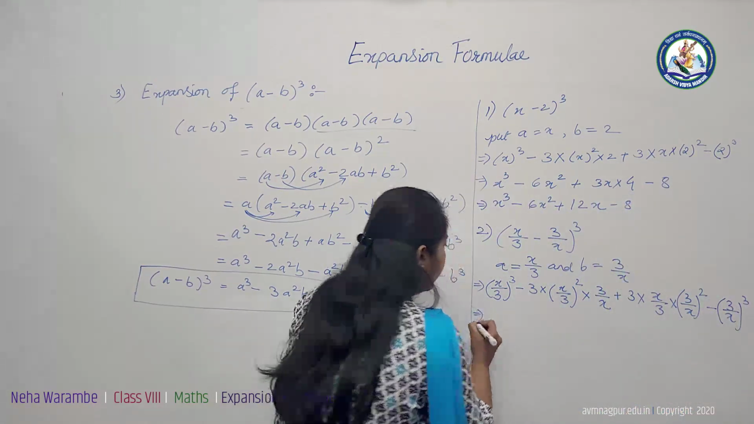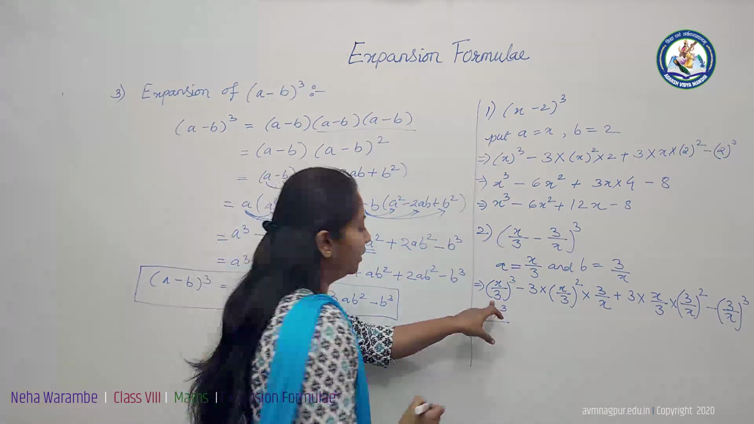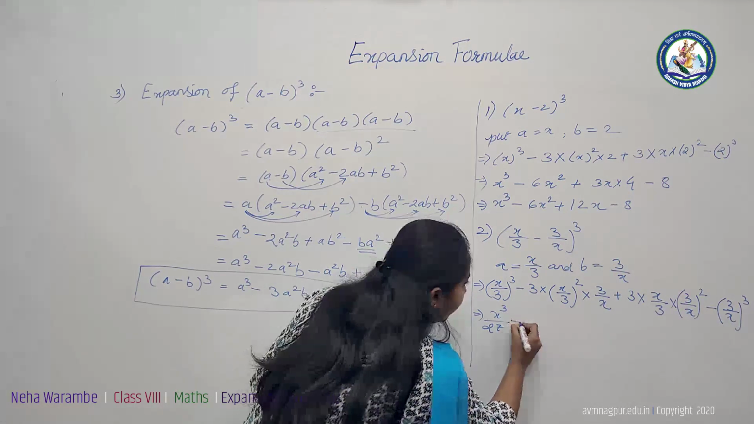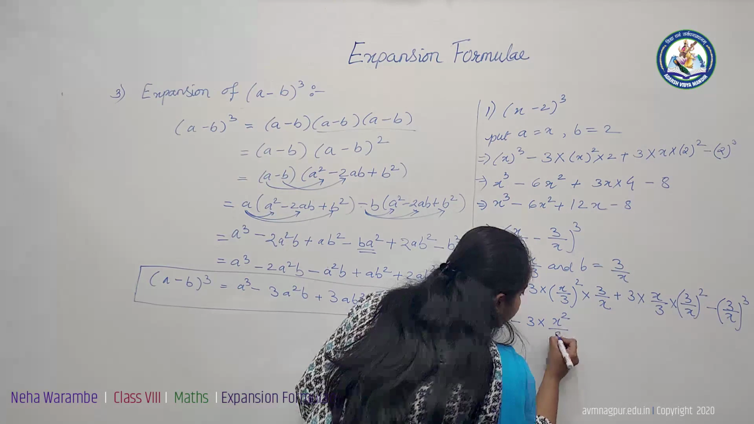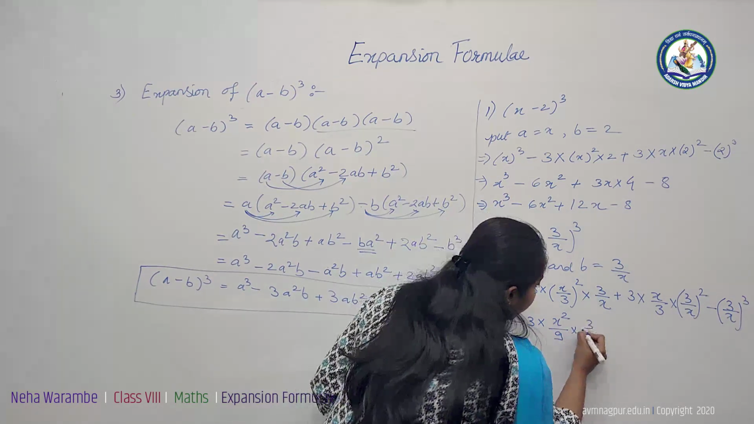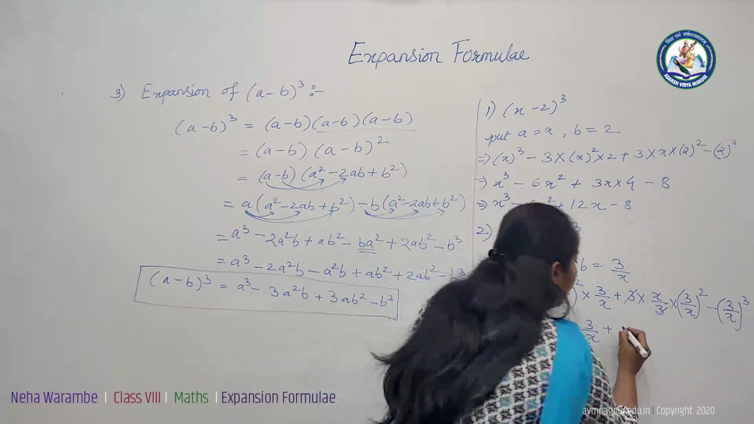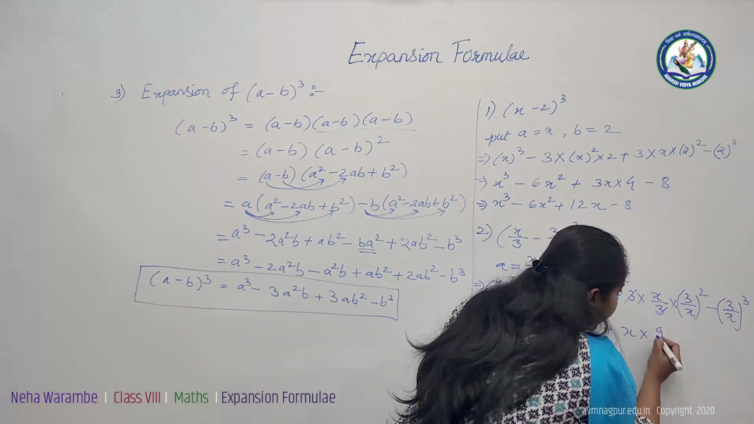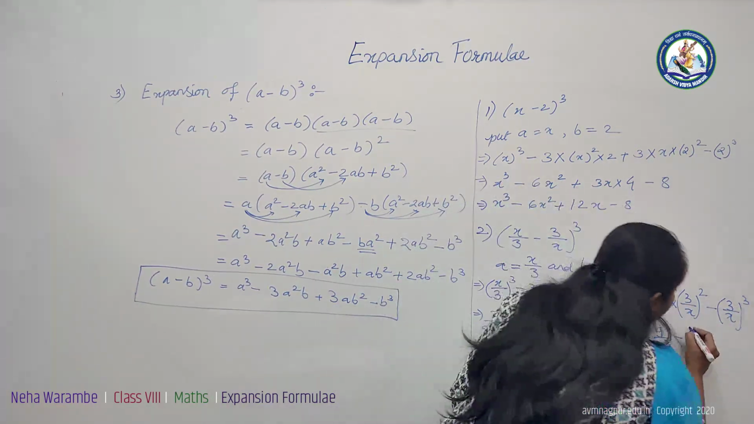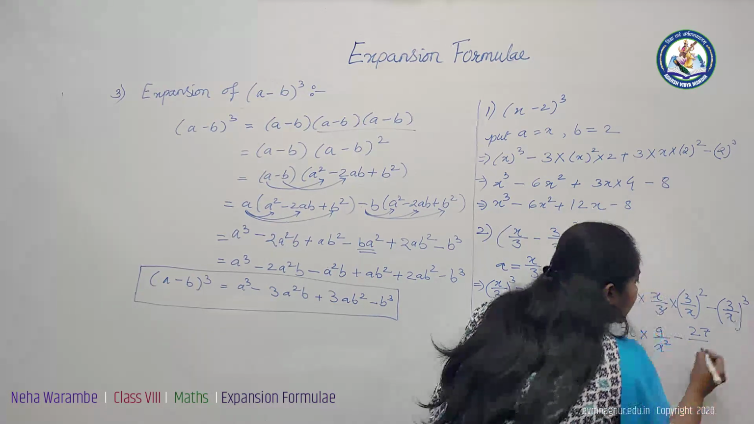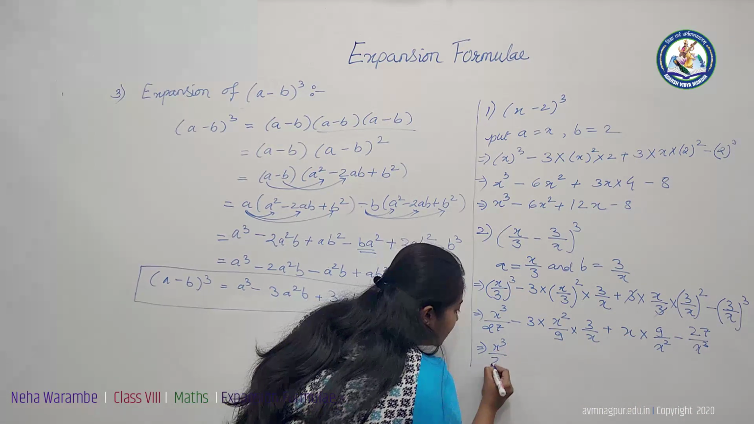Now this cube of x is x cube upon 3 cube, 27, minus this 3 into square of x is x square and this 9 into 3 upon x, plus this 3 and this 3 get cancelled. So x into 3 square is 9 upon x square, minus 3 cube is 27 upon x cube. Now x cube upon 27 minus